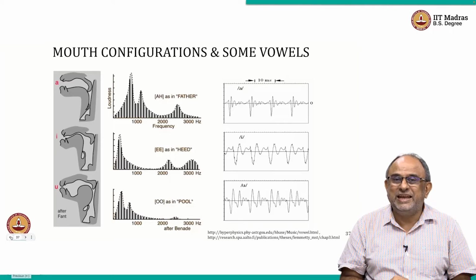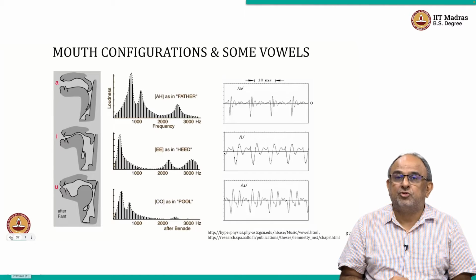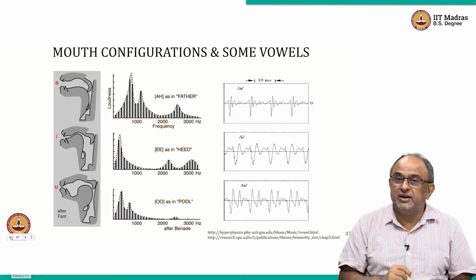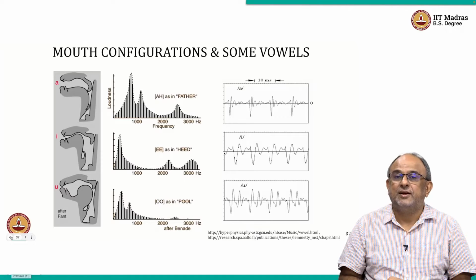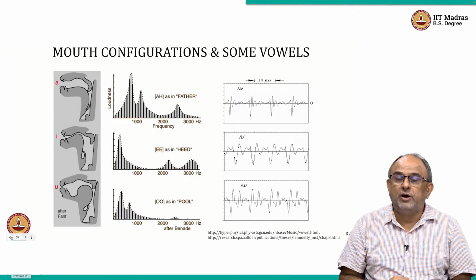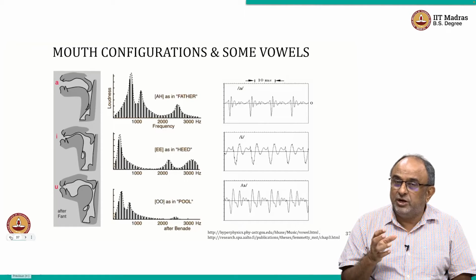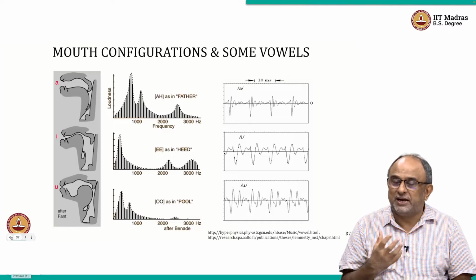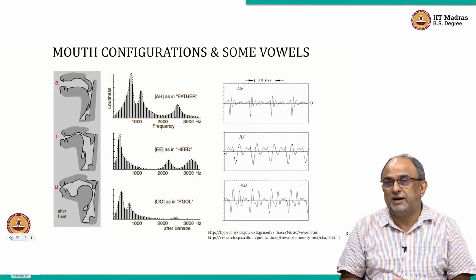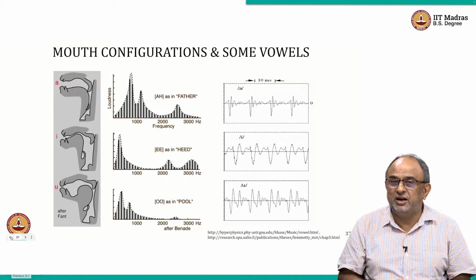Similarly, I and E. It and heed. When I say it, it's again towards the front, and when we say heed, it's at the back. Then U and oo. So you can start seeing that Indian languages are much more phonemic, or we'll see what the term phoneme means. But Indian languages have a very close correspondence between the written and the spoken part. We do have, when you write in Devanagari,